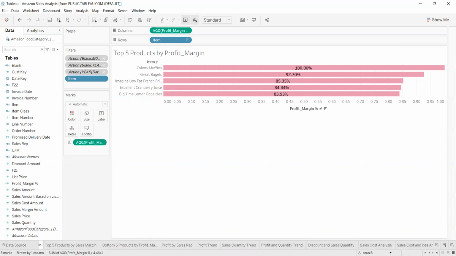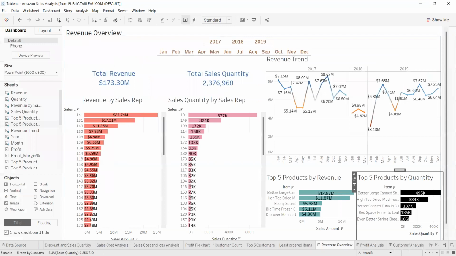the dashboard will give a clear picture of how the data looks, and it is very easy to interpret as well, and to take decisions through the data in a better way to improve the business. As you can see, this is a completely interactive dashboard with the months and years given on the top, and the total revenue, total sales quantity, revenue trend, top five products by revenue and top five products by quantity is